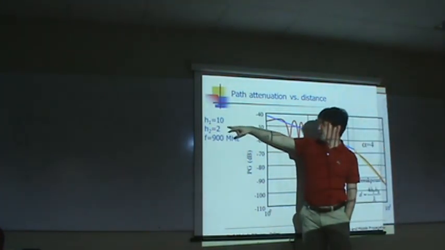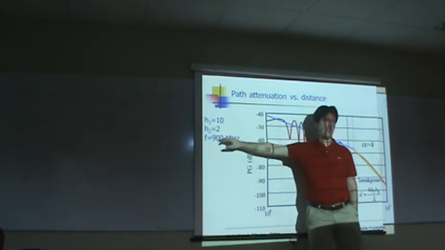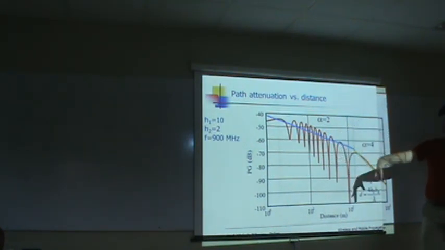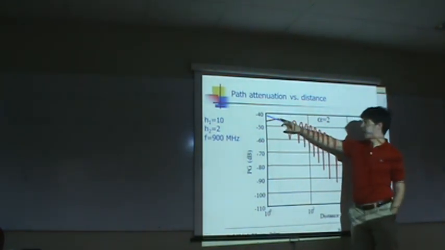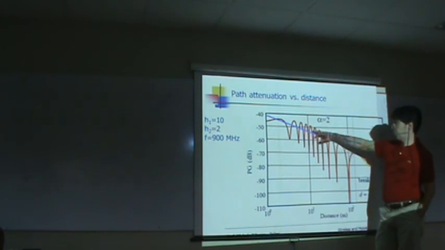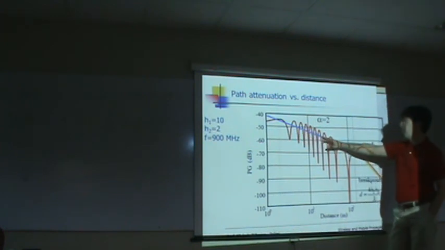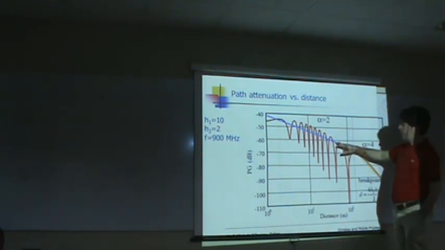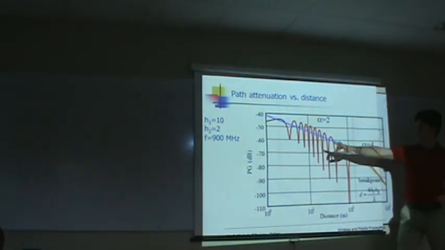Now the two antennas, the two towers, are respectively 10 meters high and 2 meters high. So if you put those numbers in that equation and you calculate it in dB, that's what you get. You get the red line. The blue line is the free space link budget. If you were in free space, that's what you would get. You go on the ground at 2 meters above